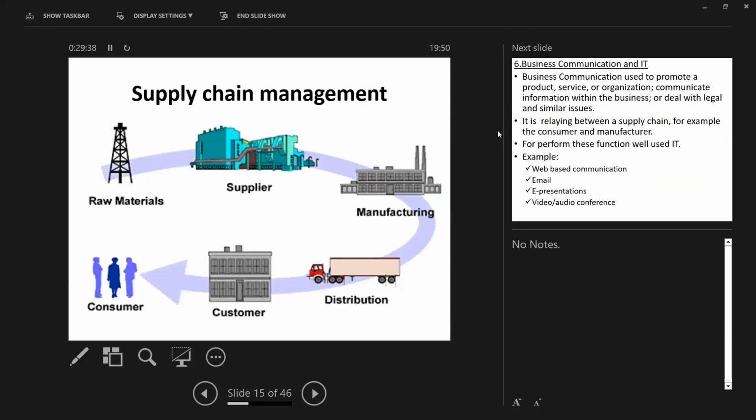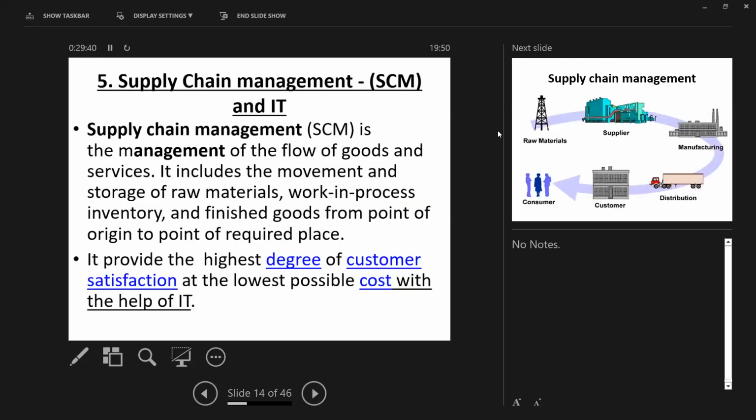Then, yeah, only these two. Supply chain management,